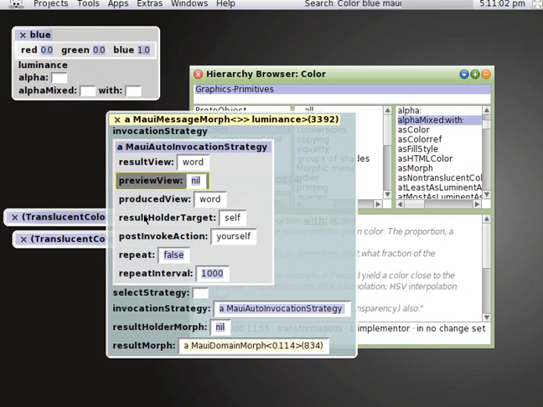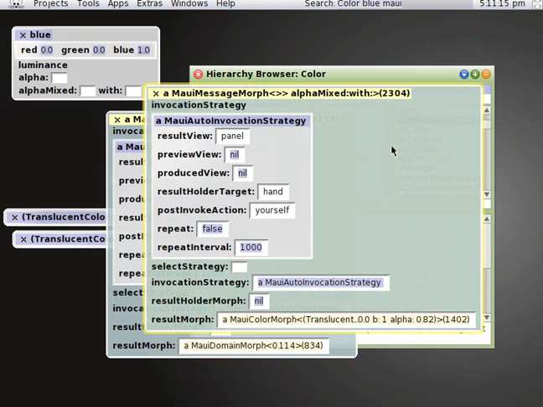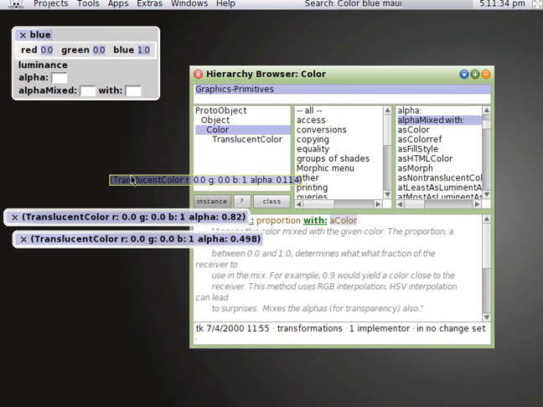So that's basically what we can do with an invocation strategy, which, again, on the settings of every message can be customized. Again, that's on the tools menu, settings. And this one, because it's a keyword message, by default gets the panel as its result view, and its result holder target is the hand. So that's why when we did this one, it keeps giving us colors